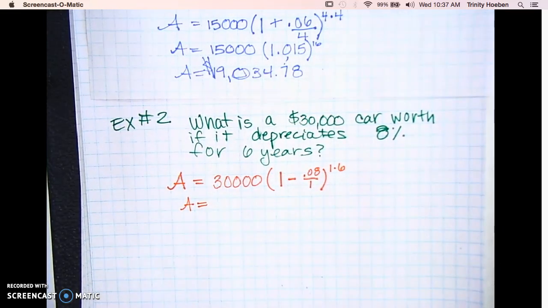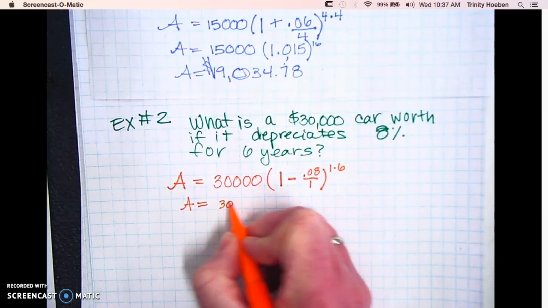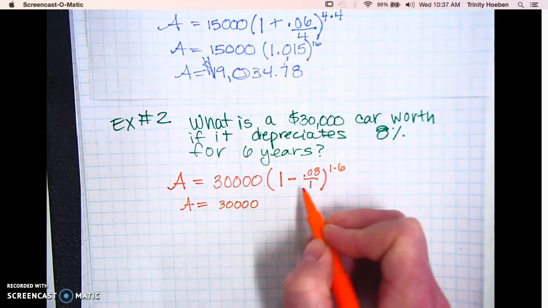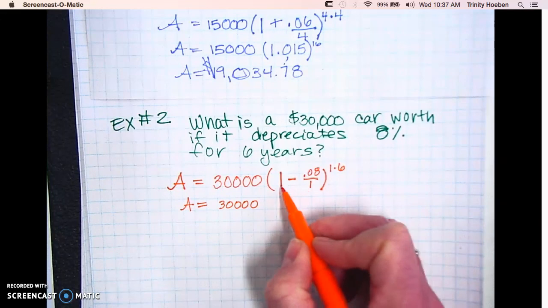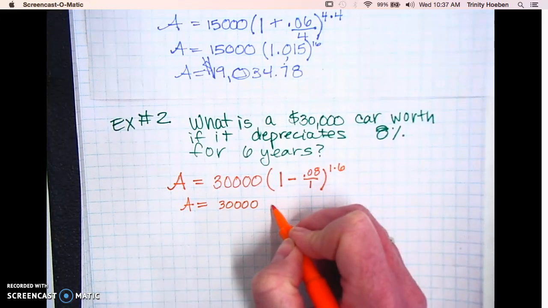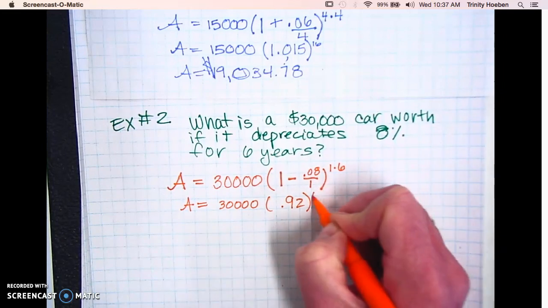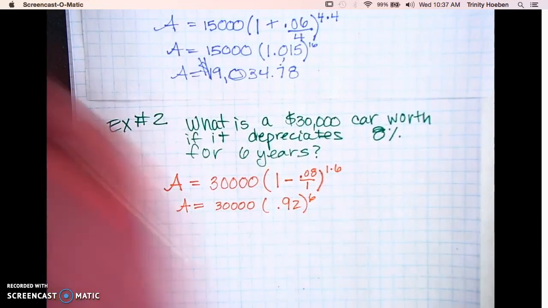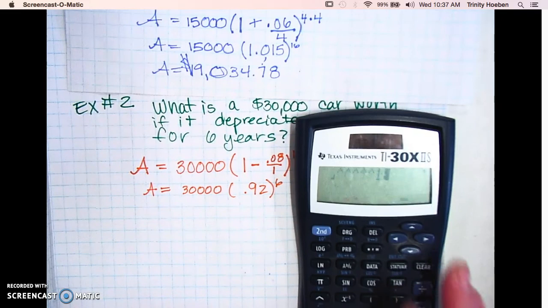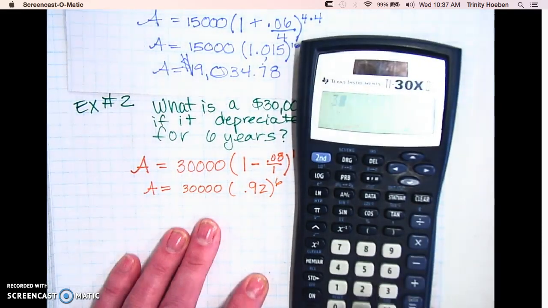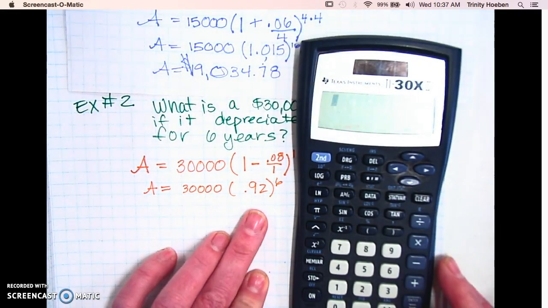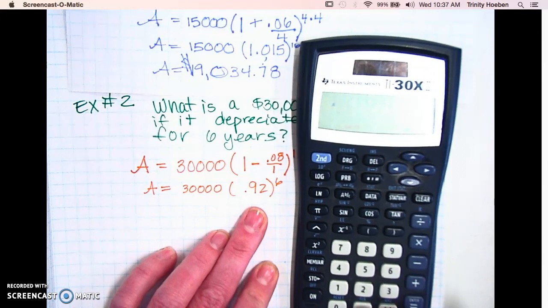And so the total amount of money at the end is going to be $30,000. And then I took my calculator. I did 1 minus 0.08. I got 0.92. 1 times 6 is obviously 6. And then if you type that in the calculator, oh, you want to do the exponent first, right? Order of operations says to do powers first, so 0.92 to the 6th